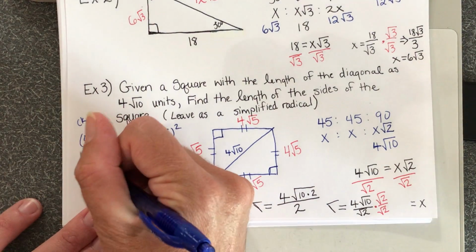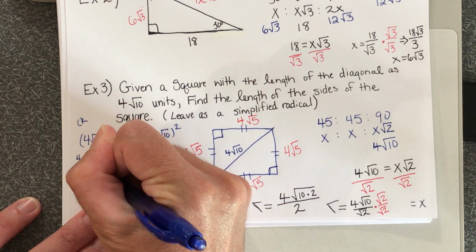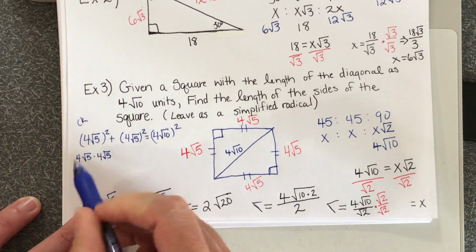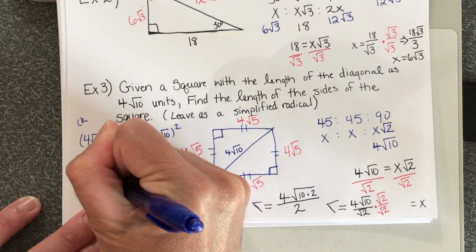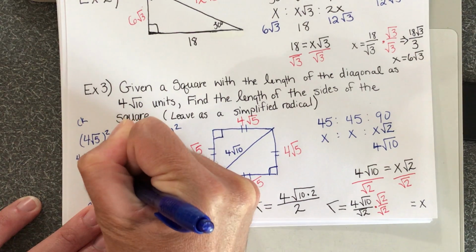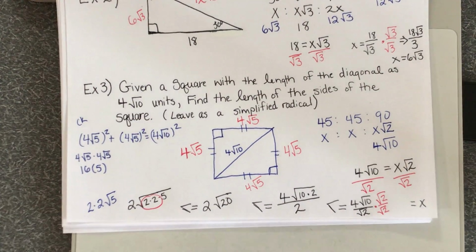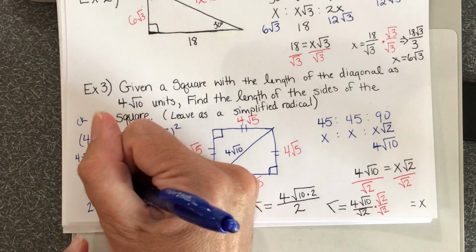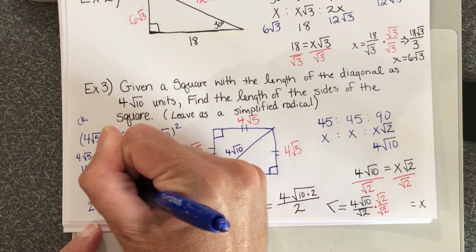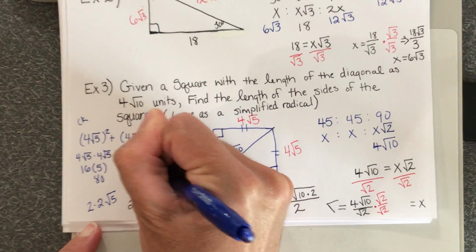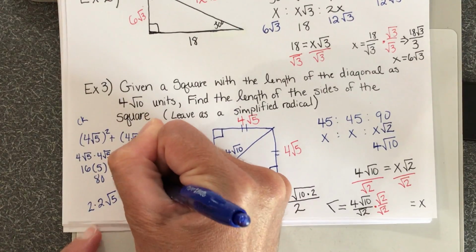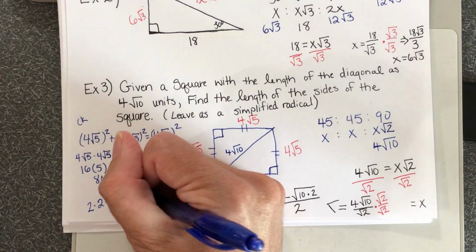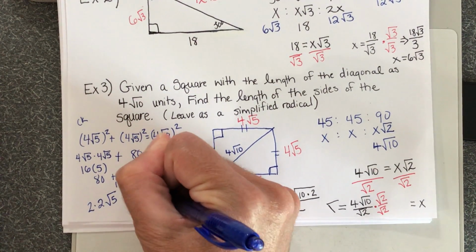So, when in doubt, expand it out. 4 times 4 is 16. Square root of 5 times the square root of 5 is 5. 16 times 5 is 80. So this becomes 80 plus 80, which is 160. Is that equal to